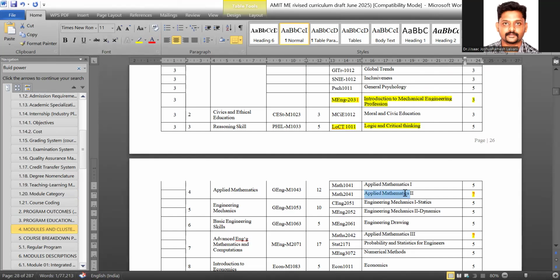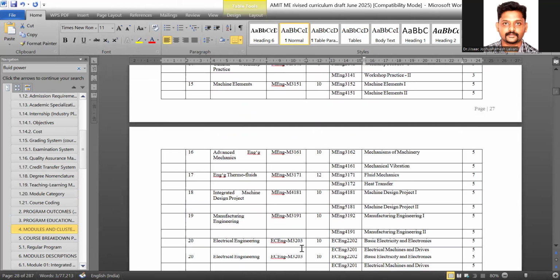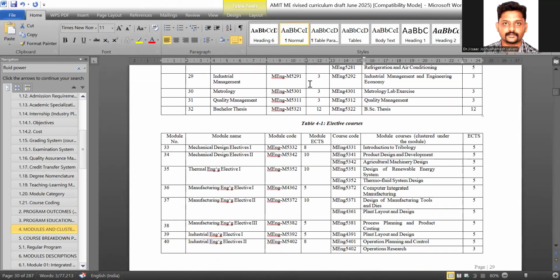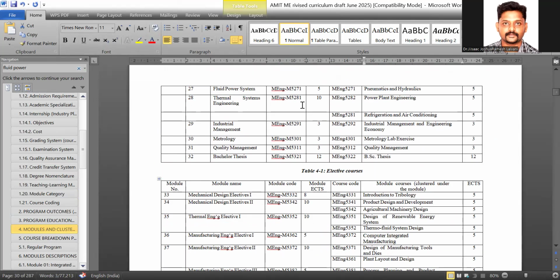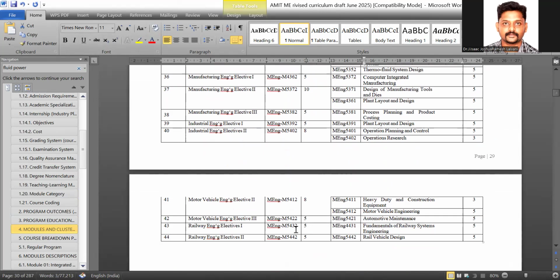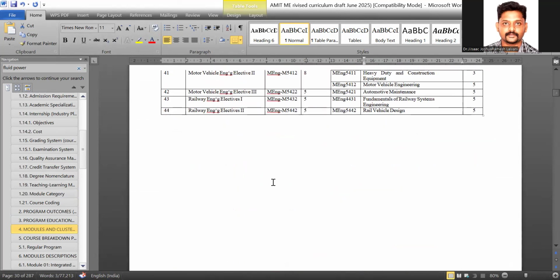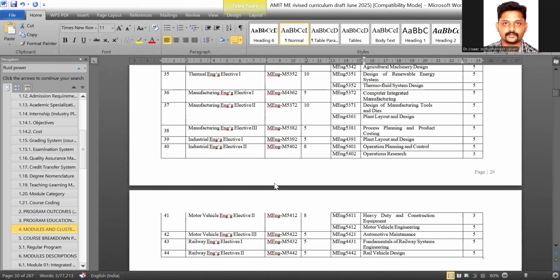Applied mathematics ECTS is 7 and credit hour is 4, but inside it is given as 6. So we have to conclude what is the right way. Here I didn't touch anything; everything follows the formula and the course coding we are following.